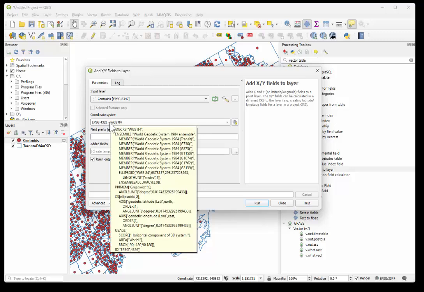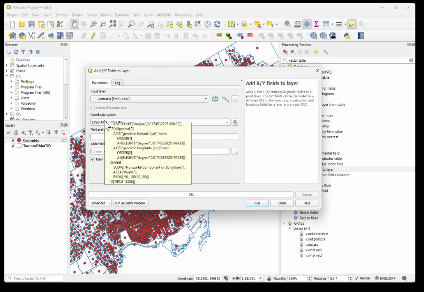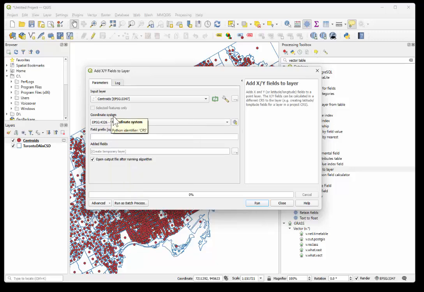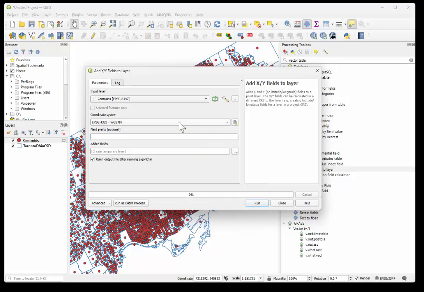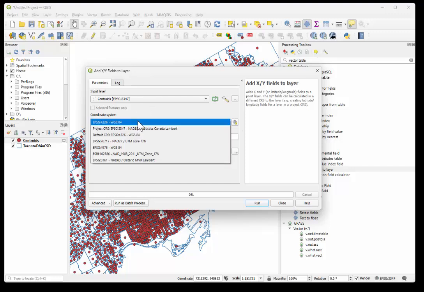Now, the tricky part here is we want to convert the coordinate system into something that will give you the easting and northing, which is measured in meters and not in degrees and minutes as in latitude and longitude. So click that, pick the option that says